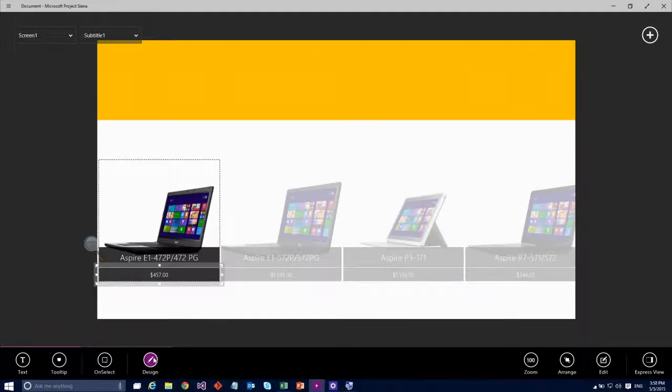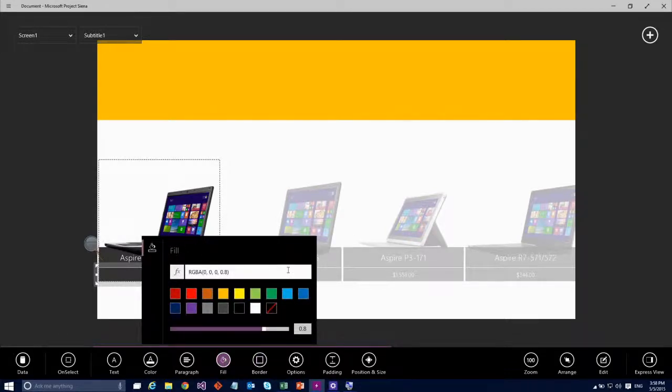So I'm going to use some of that conditional formatting that I showed earlier with the slider. I'm going to go to my fill for that price. Because now we're in a gallery, you can think about it like this: there's a gallery, and the gallery is bound to the table. We define a template, and that template iterates over each row in the table. That's how you can see the gallery go left to right. And that means that when I'm editing a template, I have access to all the columns in my table, so I just get access to the price data.